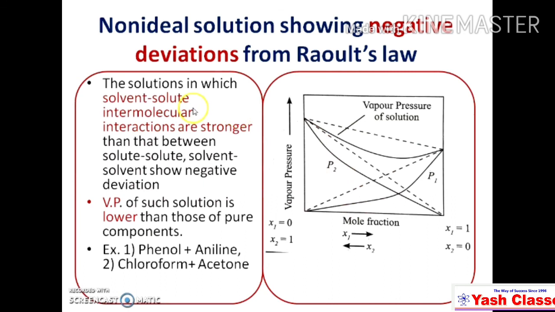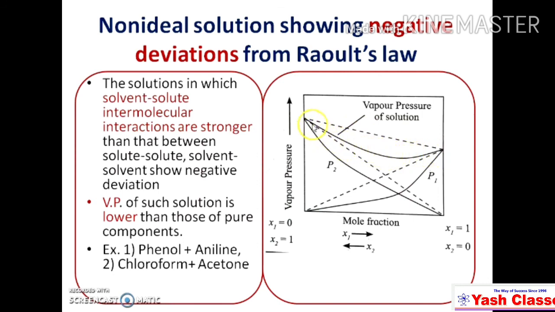But as the intermolecular force of attraction between solvent and solute is stronger than the forces between solute-solute and solvent-solvent before formation of the solution, their vapor pressure is actually lower. So the total pressure after preparation of the solution is lower than the ideal total pressure,